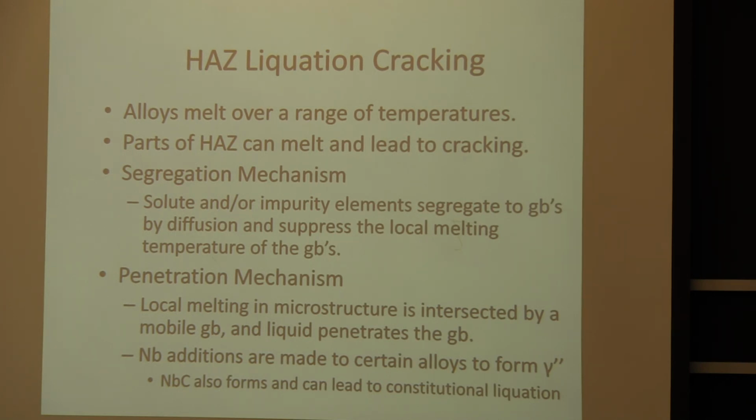heat-affected zone cracks can occur in this case is that alloys melt over a range of temperatures. If you remember from the phase diagrams that I know Professor Eager has showed you, and I showed you some of the stainless steel phase diagrams, as the temperature drops in an alloy, you go from liquid to a liquid plus solid region, and before you get down to a completely solid region. And so in the heat affected zone, if you've got these lower melting phases along the grain boundaries, or you've just got that liquid plus solid region on the phase diagram, you can actually end up melting part of that heat affected zone. And the